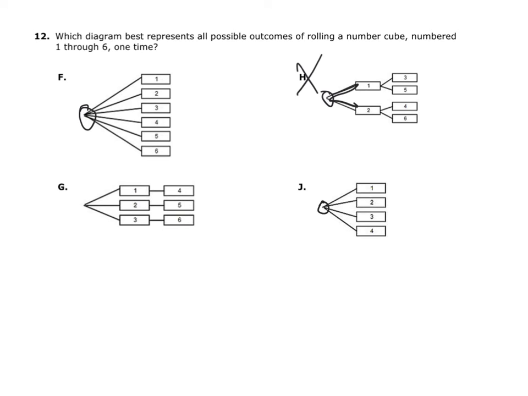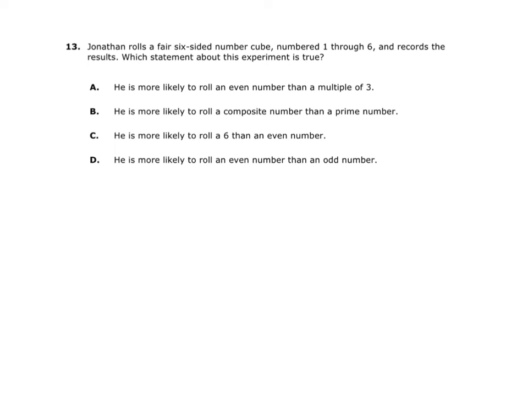Okay, J has 1 outcome, but only 4 results. So that can't be it because we have to have 6 total possible outcomes out of one event. G, 1 event, we only have 3 outcomes. Should be 6, so G cannot be it either. Our answer is F. Number 13 says, Jonathan rolls a fair 6-sided number cube, numbered 1 through 6, records the